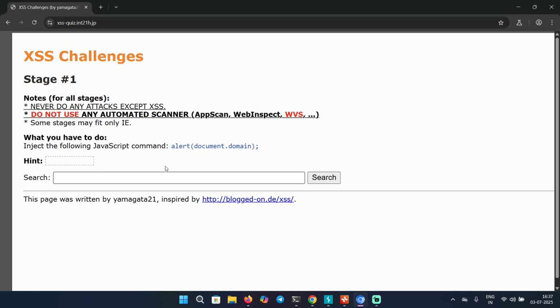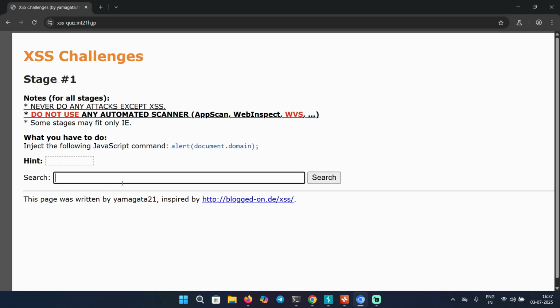Well, this is stage 1, and as you can see, it says we are not allowed to use the scanners, and of course we're not going to use that. It's all manual, guys. We have some little hint over here as well, but you're not going to use that unless necessary. So our goal is to inject the JavaScript command this, so that it's going to pop up the